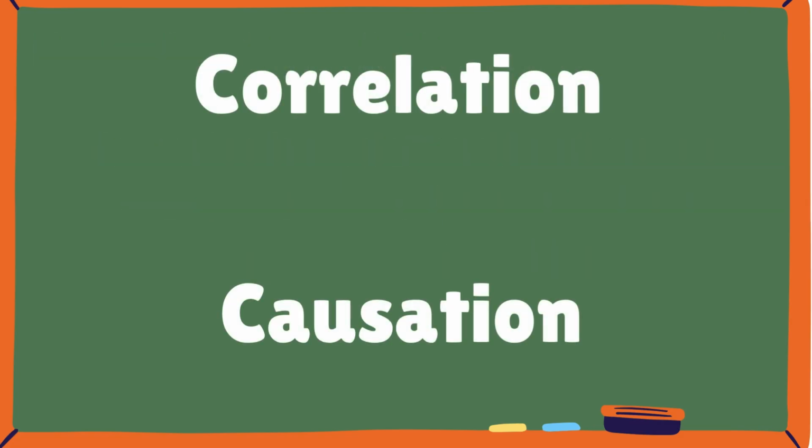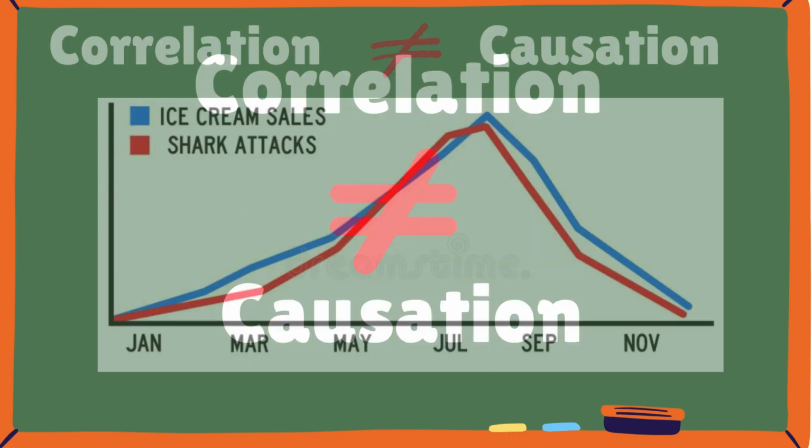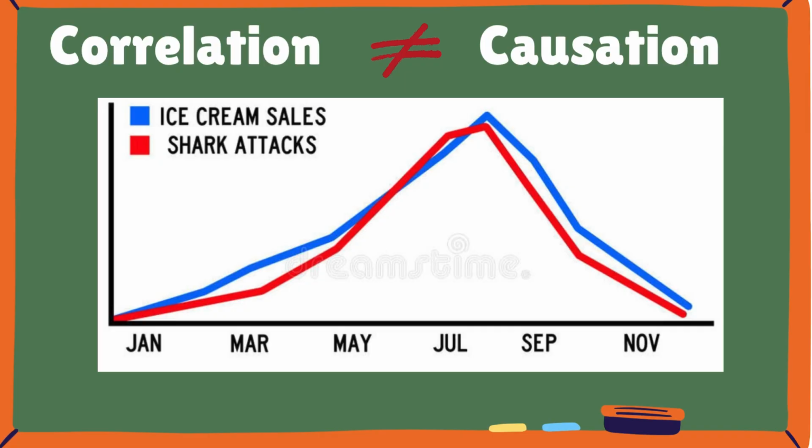The news outlets will abuse these concepts by stating that correlation equals causation, which means they assume that because two events occur together, one must be causing the other. This leads to inaccuracies that mislead the public. Just because two events happen around the same time or show a statistical correlation does not mean one causes the other. Check out this line graph that shows a visual correlation of two events.